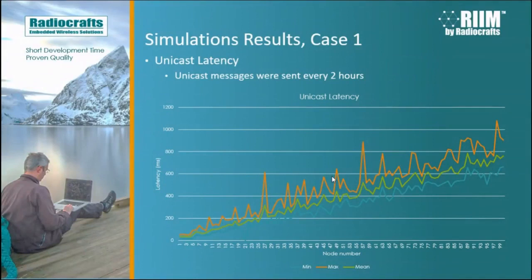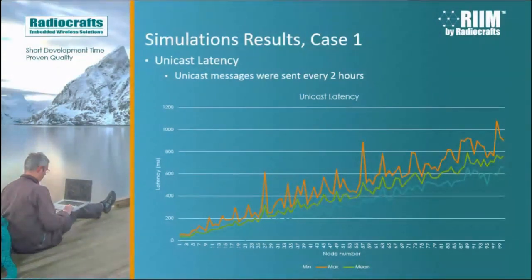As you can see, on the horizontal x-axis, it's the nodes, the node number, and it translates to how far it is. So node number 99 here on the far right is very far from the border router. It's the furthest, and the smaller the number is, the closer the node is to the border router. So that's why you can see that as the number of nodes increases, the latency increases, because